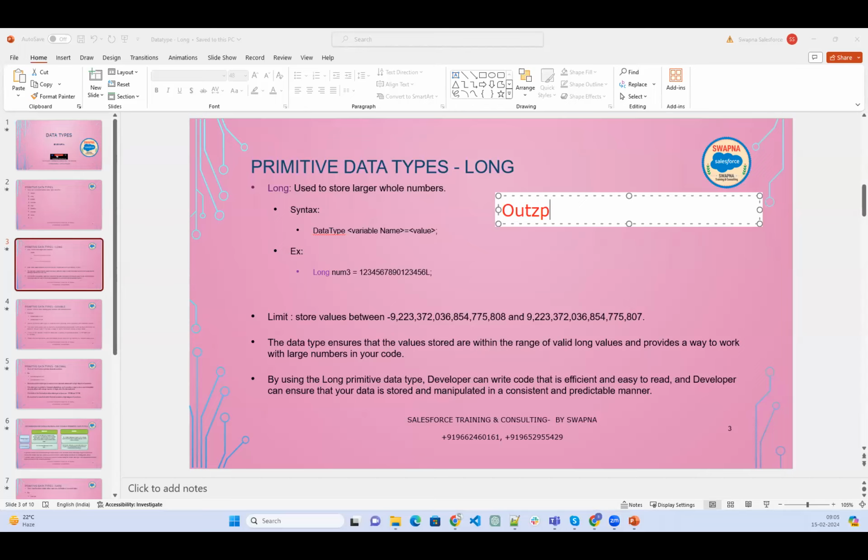Now Salesforce is going to give us the output for every line, whether it is a single line or a big line, even for variable discussion. Every line is going to give the information, but there is a division here, five divisions will be there. If it is a variable, it will give you the data type, let's say string, then the variable name, let's say num1, then the expected value, and the value that is provided.